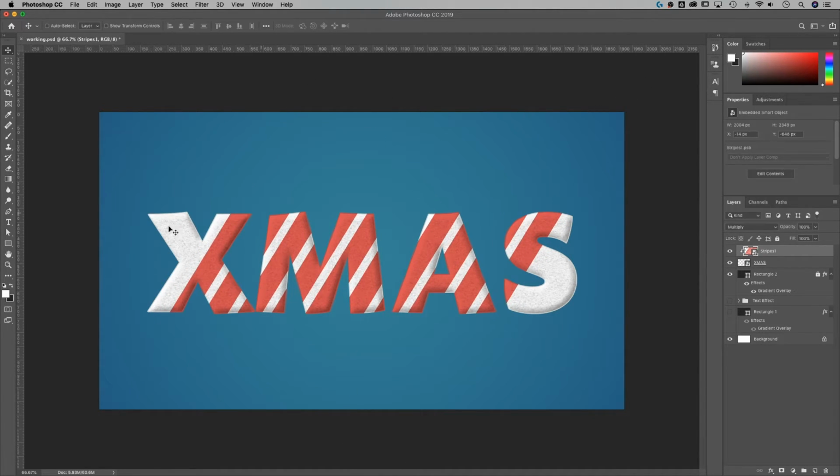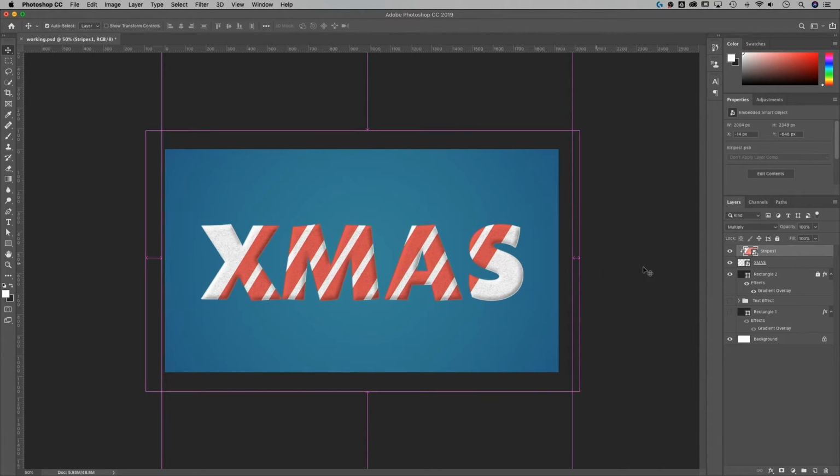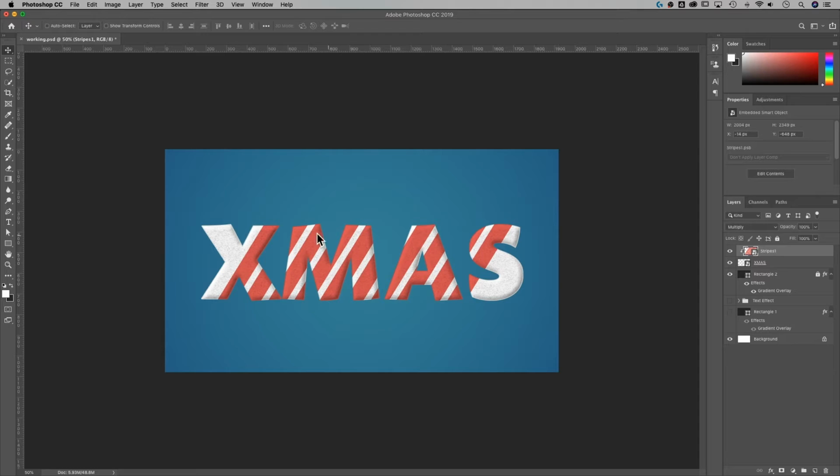Hit Enter. Now we've reached the bounds of our stripes, right? So that's the 2 edges. It's like we don't have enough stripes. Let's say you like the spacing and the size of your stripes here, because I almost kind of do. There's 2 things you can do. I'm going to Command or Control minus to zoom out a little bit. First thing you can do, the easiest way to solve this is to just